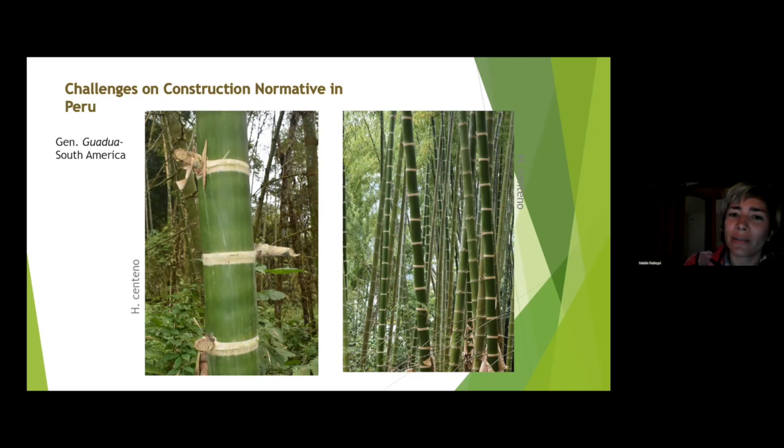What happened? What is the problem? If you are a buyer, if you want raw material and you are buying Guadua from Peru, and you are sold this Guadua angustifolia, then you would get a shipment of bamboos that are not straight. No, if you have a laminate, or you want to make laminated products, then you will have a product that won't fit your needs. This is very, very important: to identify correctly the species that we're using